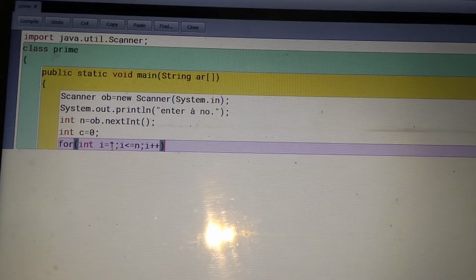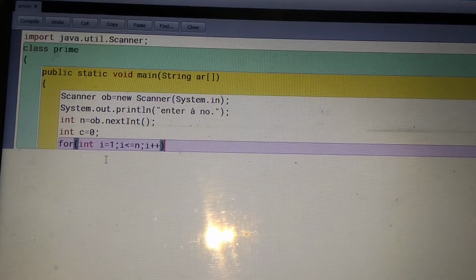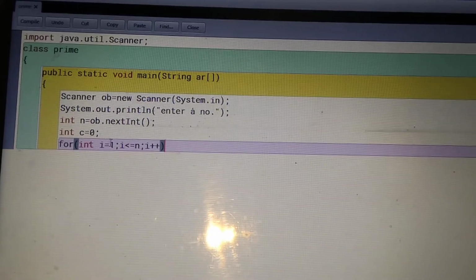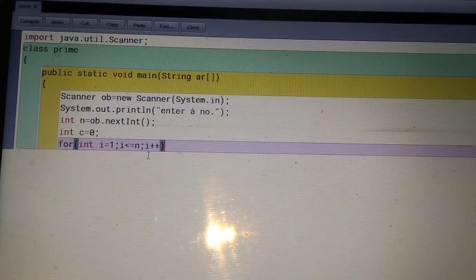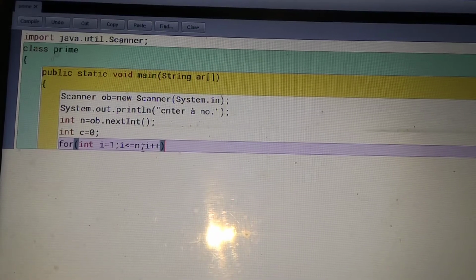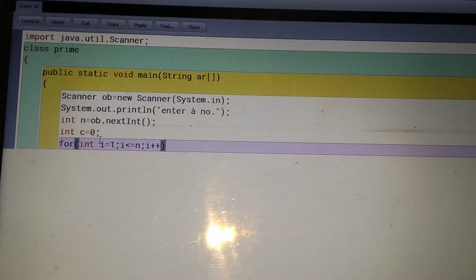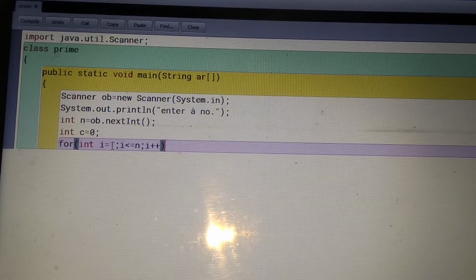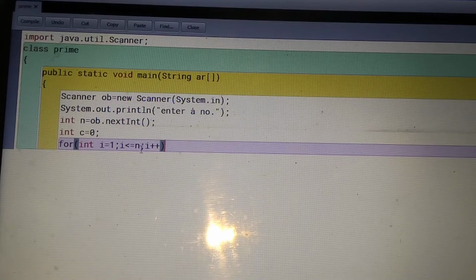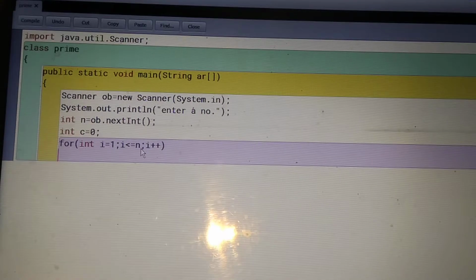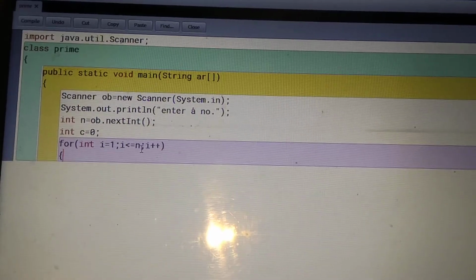We have to check whether the number given by the user is divisible by 1 and itself. So we start the loop from 1 to less than or equals to n. If the value of n is 5, this loop will run from 1 to 5. After this, start the block of the loop.